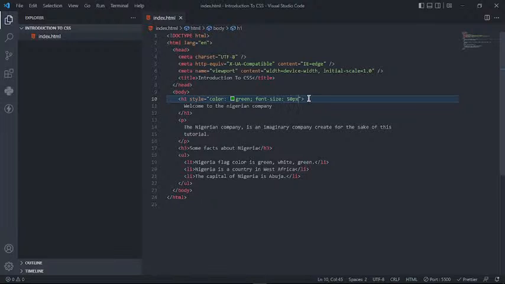Now the px stands for pixels, and it is the measuring unit that is used in styling, in increasing the size of elements in HTML. We have other measuring units like rem and inches as well. Okay, so now